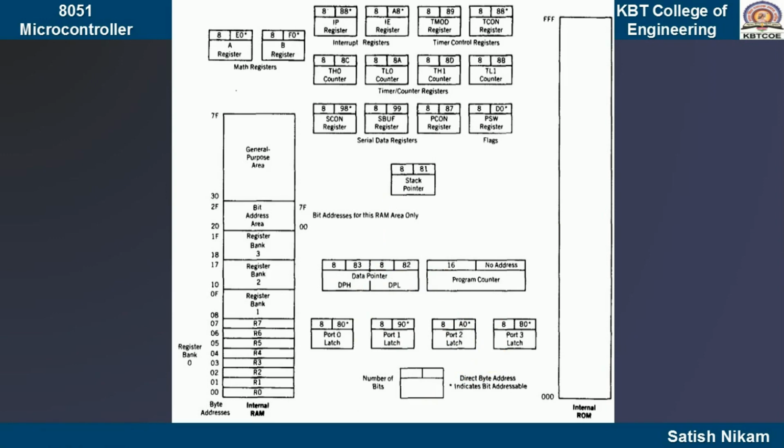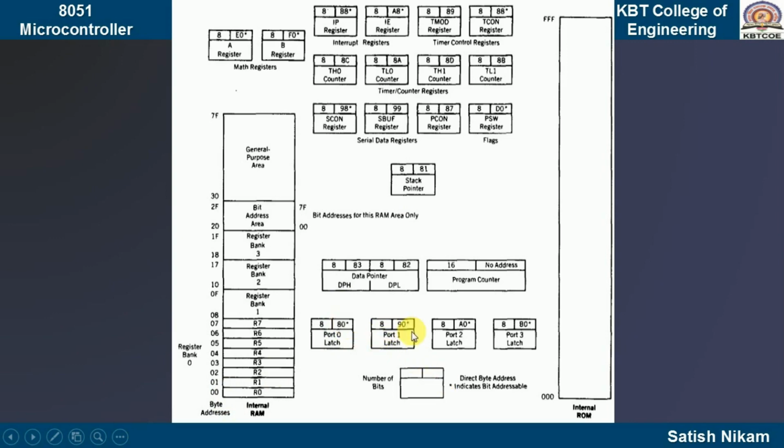Okay. Now, as we have discussed, we are having 4 ports. We have 8 pins for every port. Port 0 has 8 pins, port 1 has 8 pins, port 2 has 8 pins, port 3 has 8 pins. So, for all these 4 ports, when we read the data from a particular port, port 0 suppose, that data is supposed to be stored somewhere. So, for that purpose we have a latch. It is one type of register which is going to latch the data which we are getting from the port, from those particular pins. So, for that purpose we have port 0 latch having address 80.